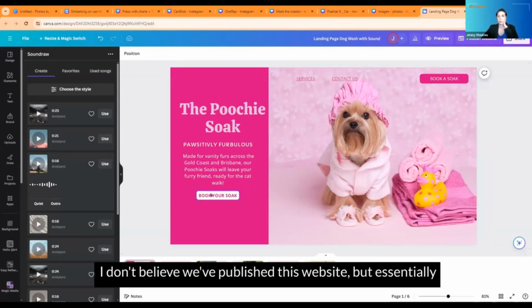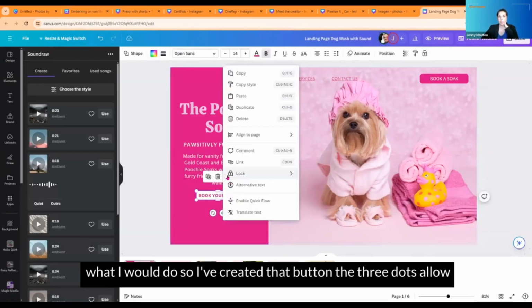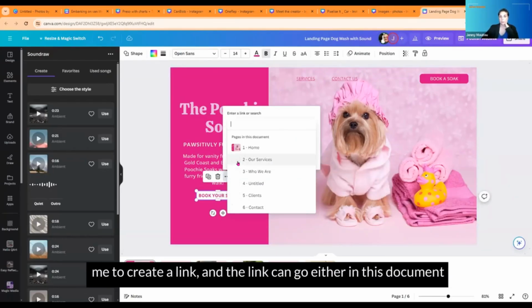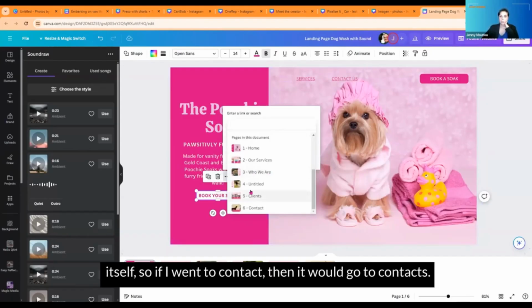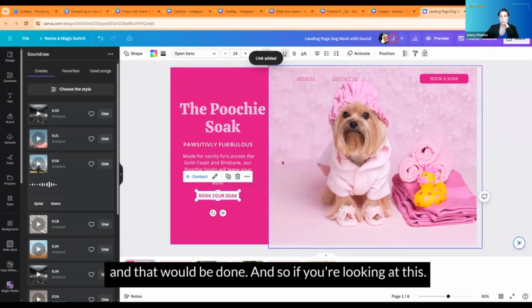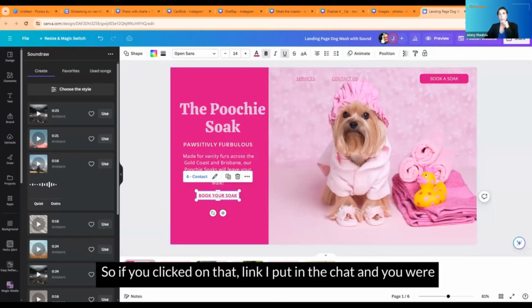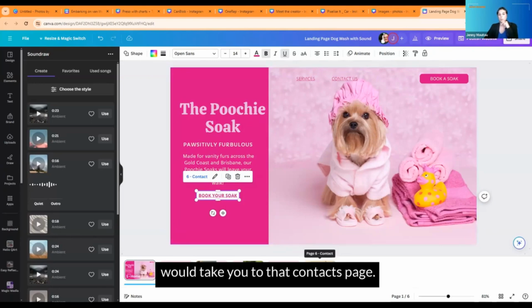I don't believe we've published this website, but essentially what I would do, I've created that button. The three dots allow me to create a link, and the link can go either in this document itself. So if I went to contact, then it would go to contacts, and that would be done. And so if you clicked on that link I put in the chat and you were looking at this and you clicked on book your soak, ideally it would take you to that contacts